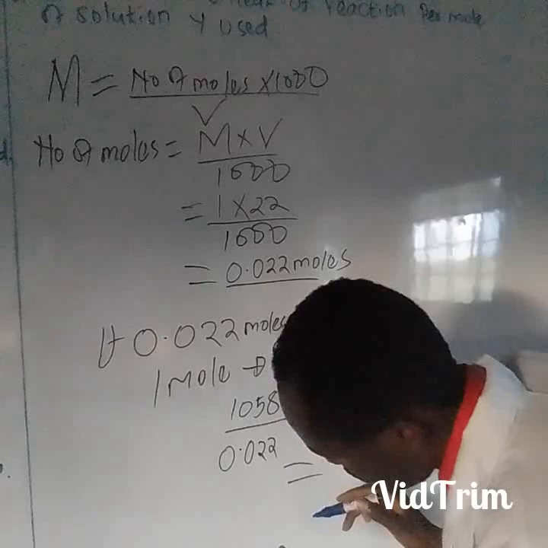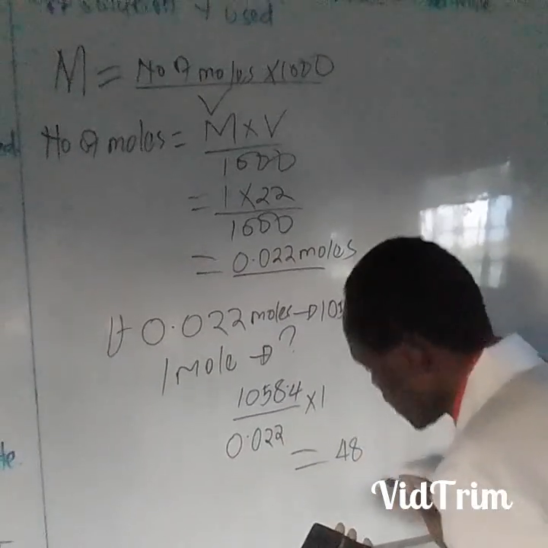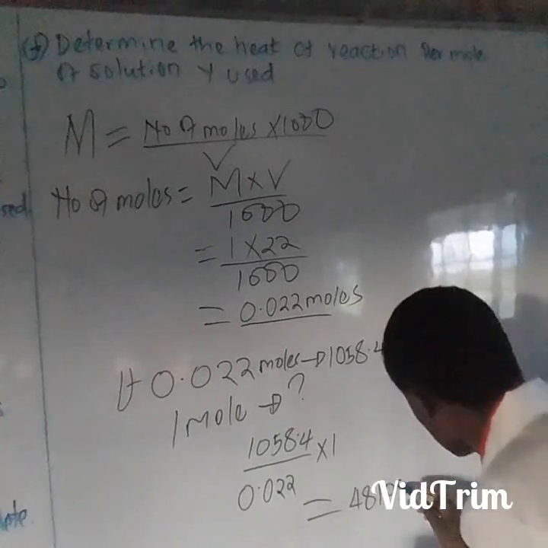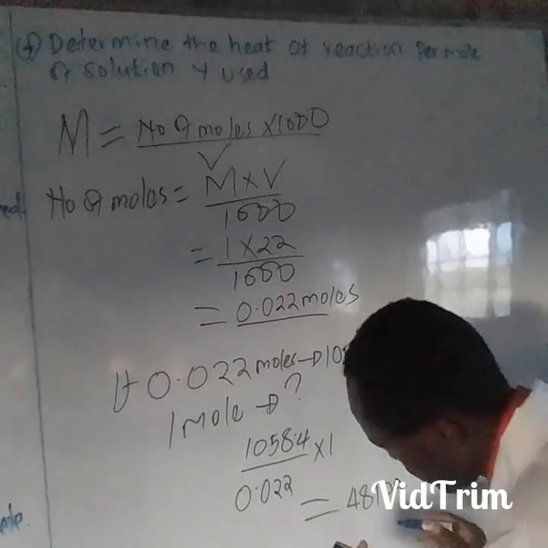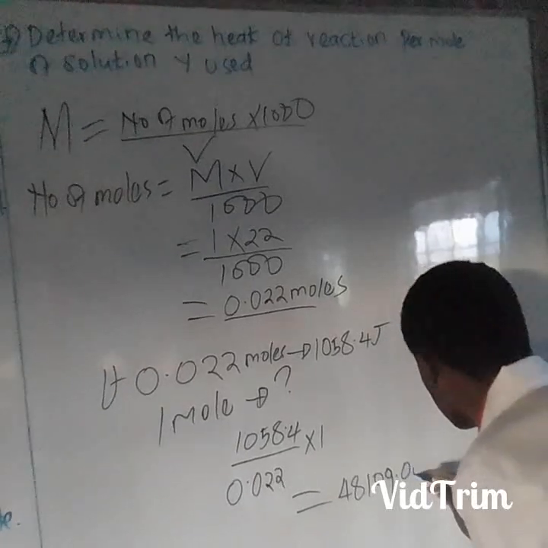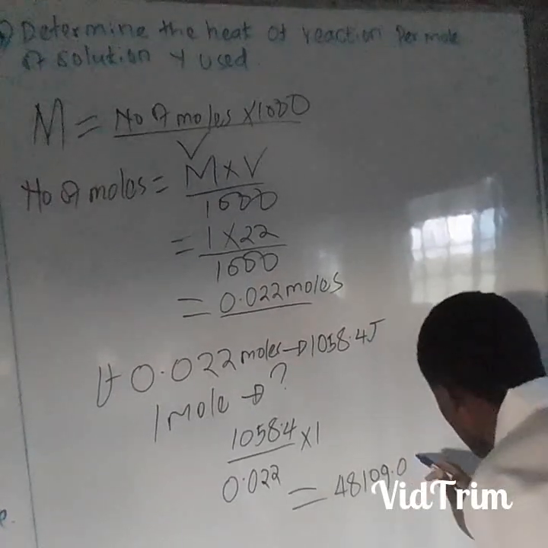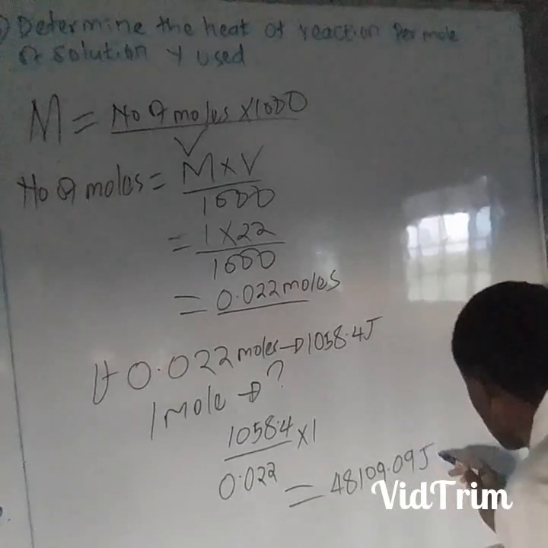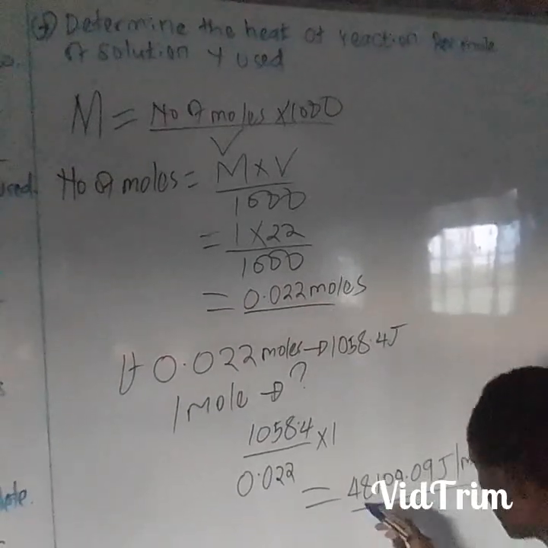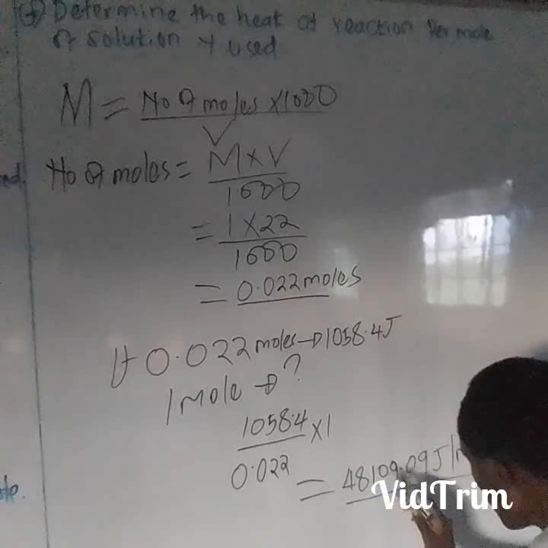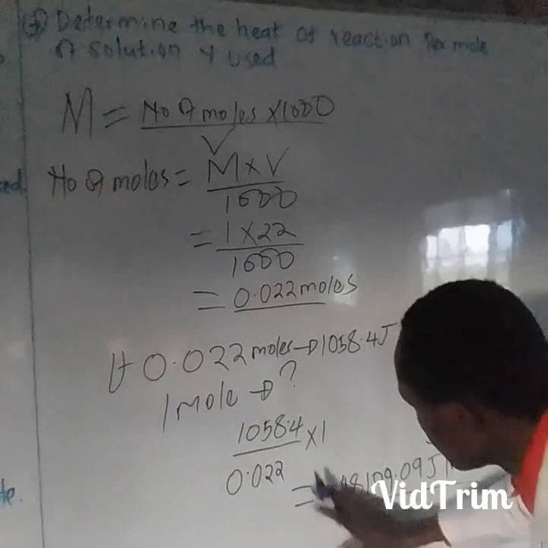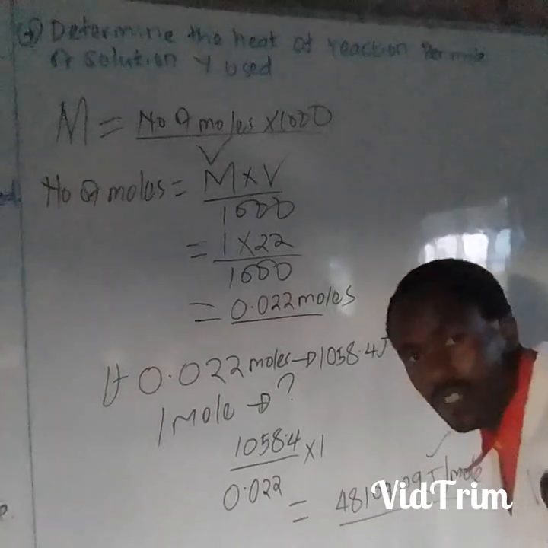This one gives me 48,109.09 joules per mole. And remember, because in this case the temperature was rising,